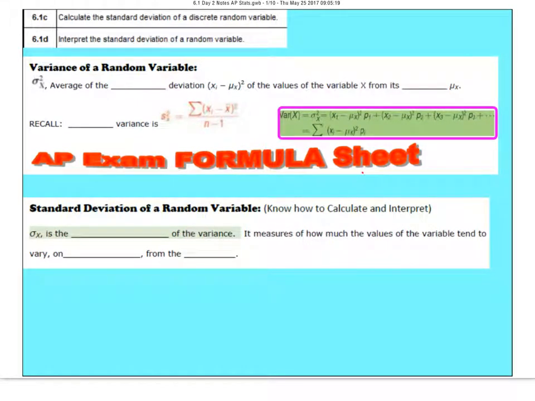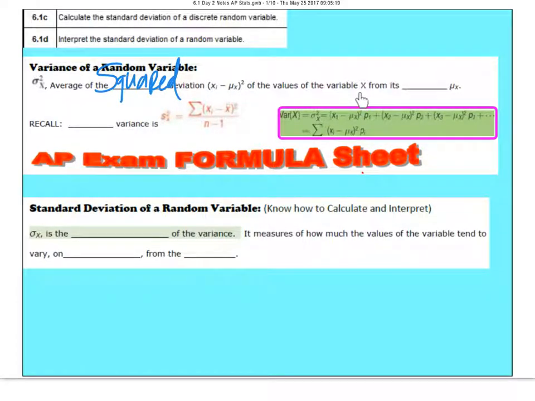6.1c and d, we're going to calculate the standard deviation of a discrete random variable and interpret what standard deviation is for that variable. Let's talk about the variance of a random variable. Remember from chapter 1, variance was sigma squared or s squared. This is the variance of the population, is the sigma value. And what it is on average the squared deviations, which would be your piece of data minus the mean squared,